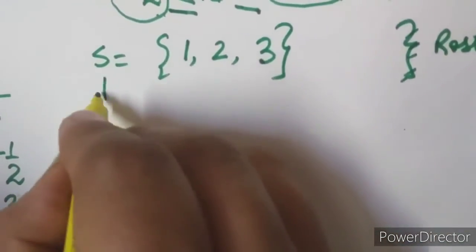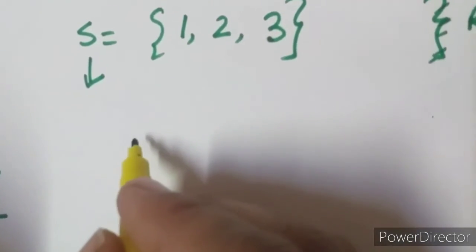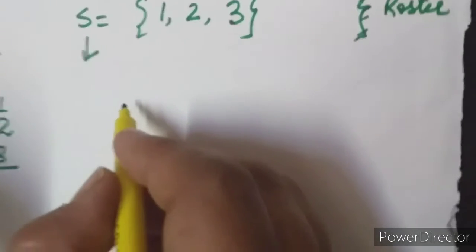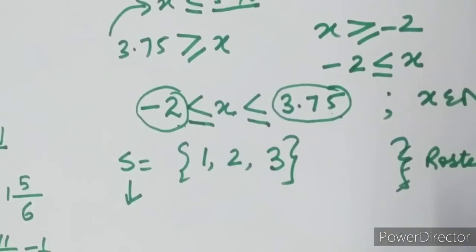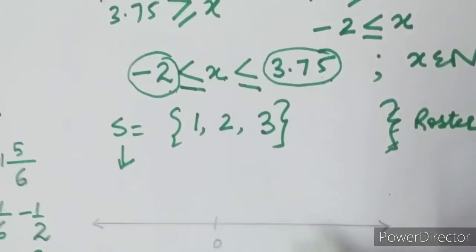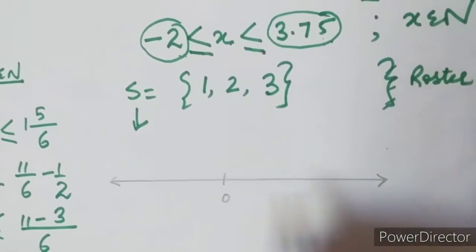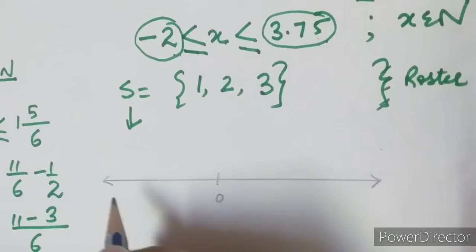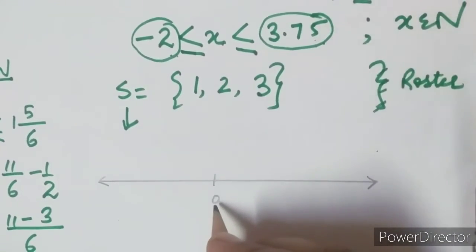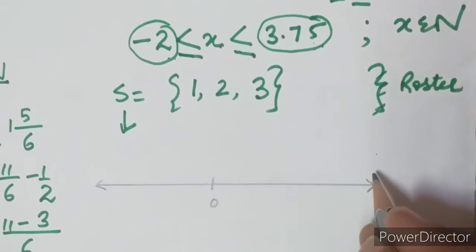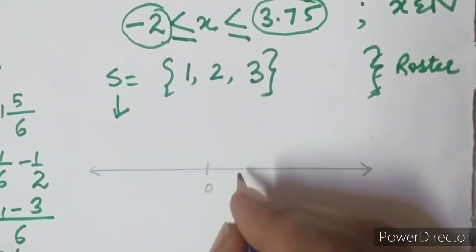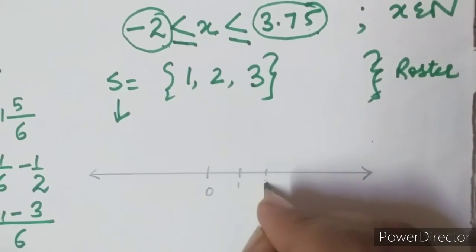After writing the solution set, we have to represent it on the number line. For that, we need to draw a number line. So, I have drawn one number line for you. You have to draw in your answers neatly with scale and pencil like this. This middlemost part gives us 0. On the right side of 0, we will have positive numbers. On the left side of 0, we will have negative numbers. So, I start with 1, 2, 3.